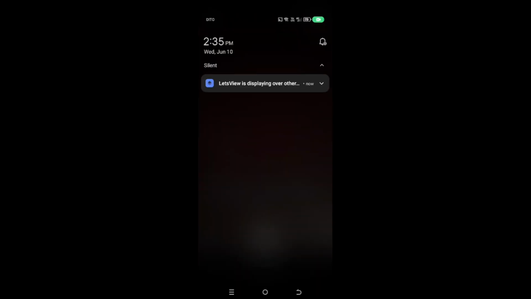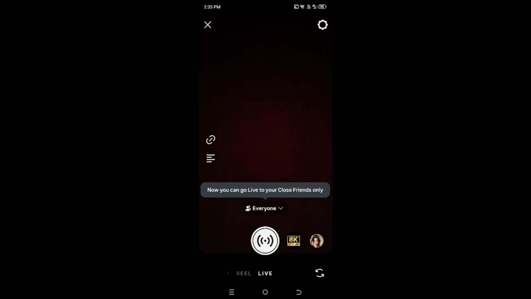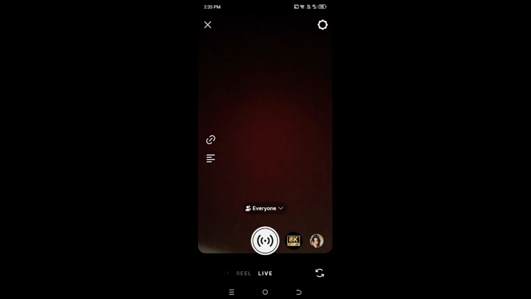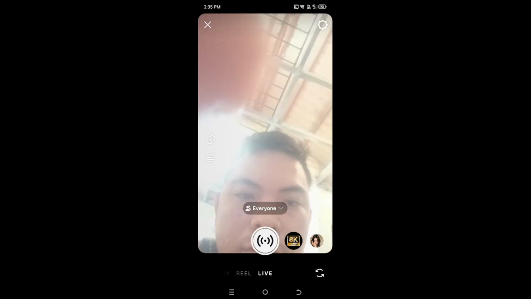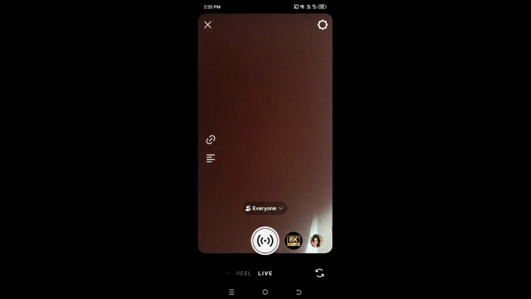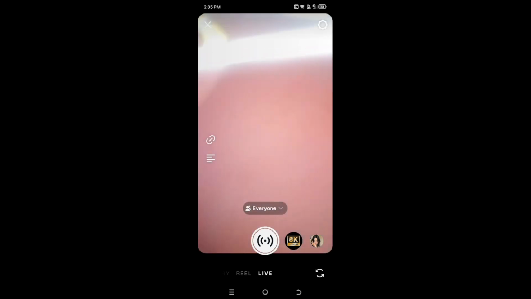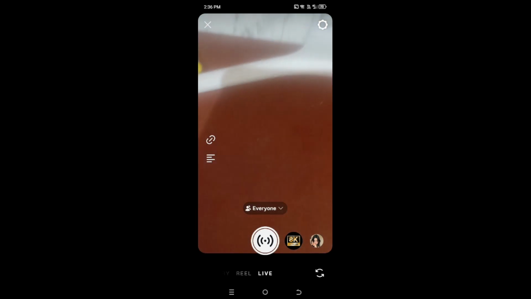You'll now be taken to the live preview screen. Here, your camera will open and you'll see yourself, just like a video call. Take a moment to frame your shot. Make sure the lighting is good, your background is tidy, and your phone is positioned securely so it doesn't fall over during the stream. At the bottom of the screen, you'll notice a space where you can add a title